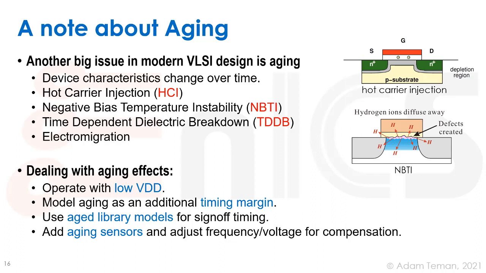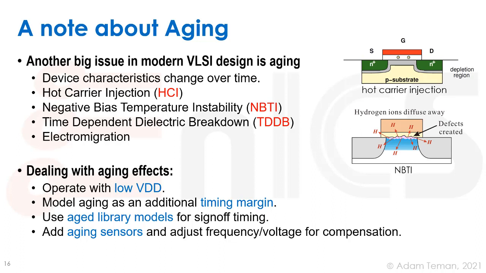So we can take aged models of the transistors and characterize them for a certain type of aging. Let's say we assume what the chip is going to work after 2 years, we can provide libraries that are aged 2 years and see how our chip's going to work, see if it still works, see if it still meets timing. Usually our setup is the more significant problem in this case,